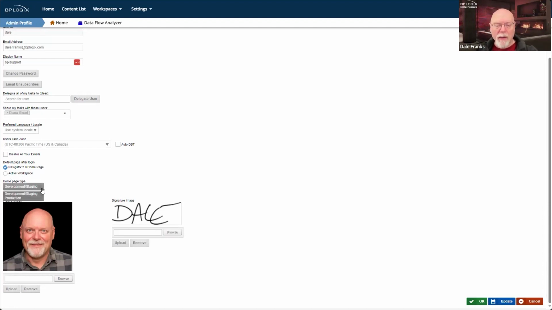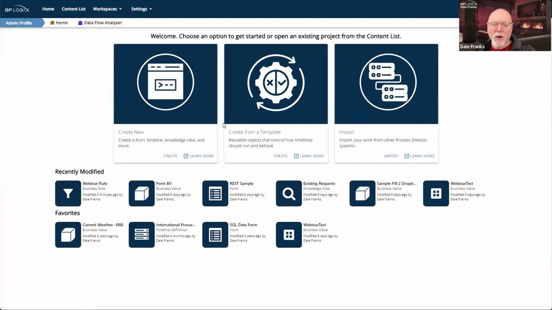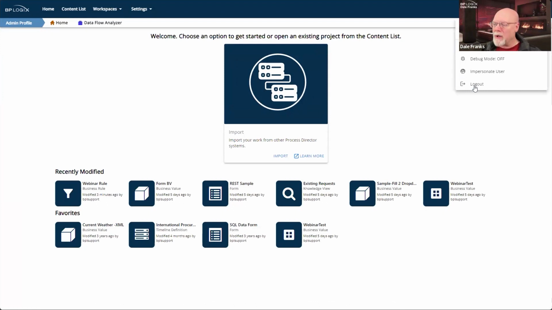And then right below that, the home page type, whether we're showing a development or staging home page, which is what we're showing now, or whether we just want to show a production homepage, which will only show the import item. In fact, if I go ahead and update it and go back to my home page, assuming I've updated it correctly, there we go. It should now just show me my import action tile. That's the only one I have because I'm now on a production system.